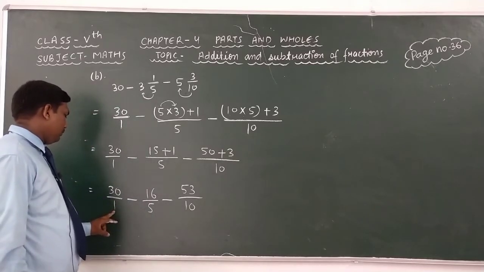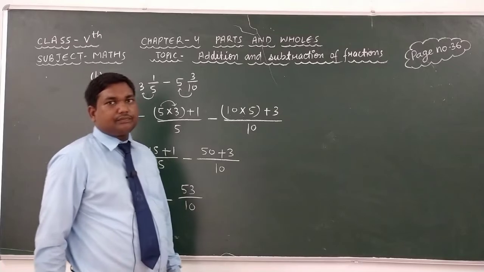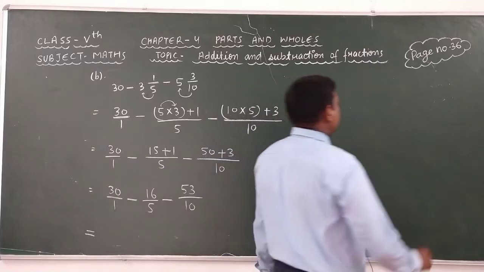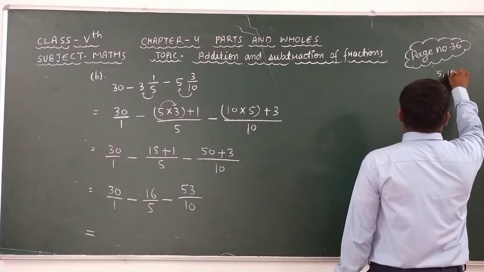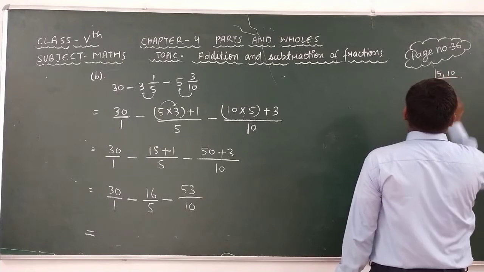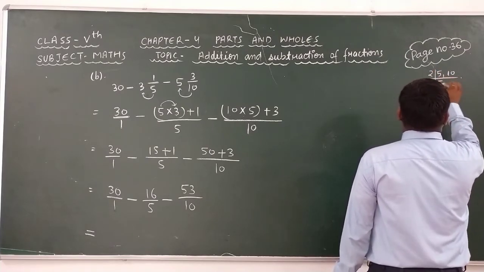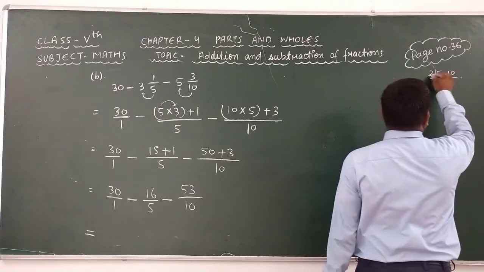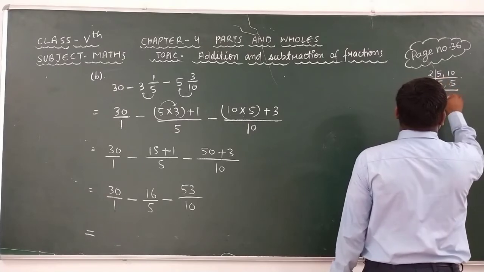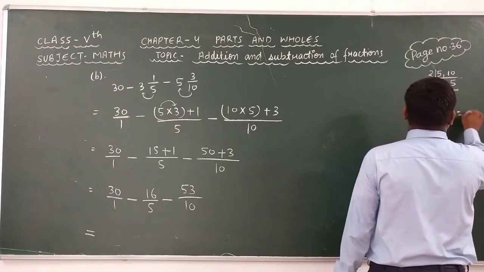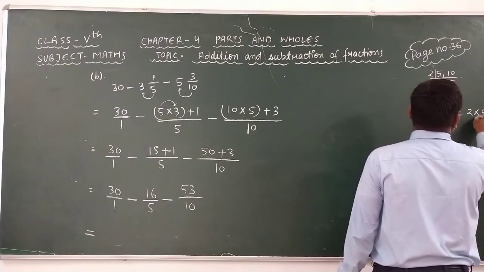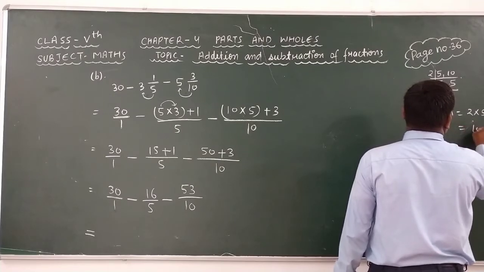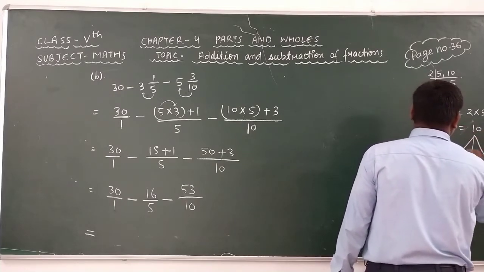Here given that 1, 5 and 10 are not same, therefore we can take the LCM of 5 and 10. We know that 5 is not divisible by 2, therefore we can take 5 as same, and 2 5 is 10. 5 1 is 5, 5 1 is 5. Then LCM is equal to 2 into 5. 2 5 is 10. Okay, distance. Look at here carefully.